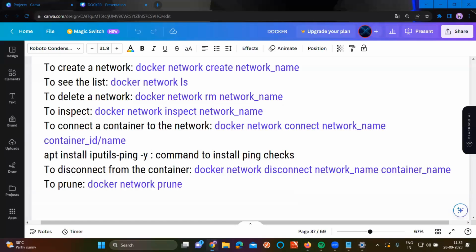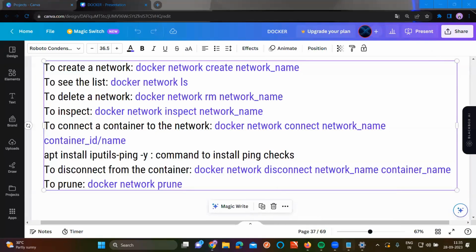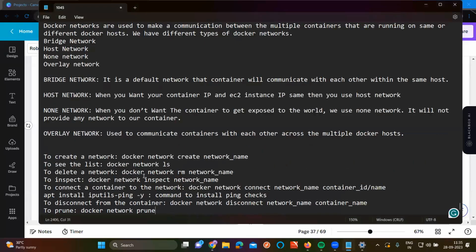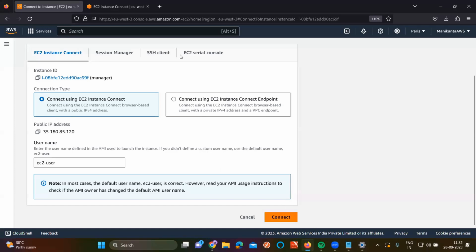It is the concept number 2 for the day. Every command here I have given. So these commands you can get from here. How to create a network, how to list, how to delete a network, and how to connect, everything we have seen here. If we want to delete a network, the command is docker network rm